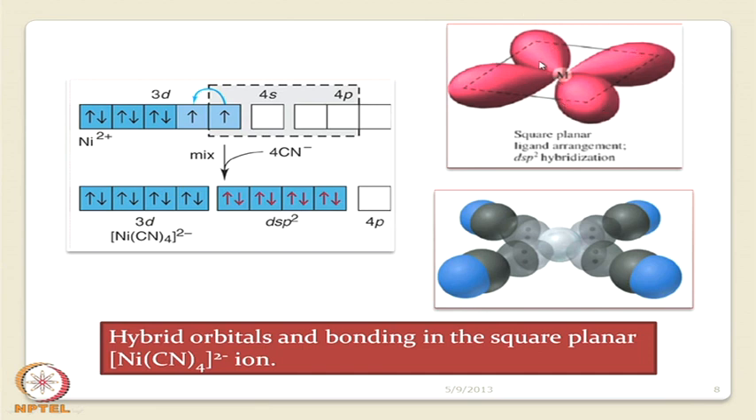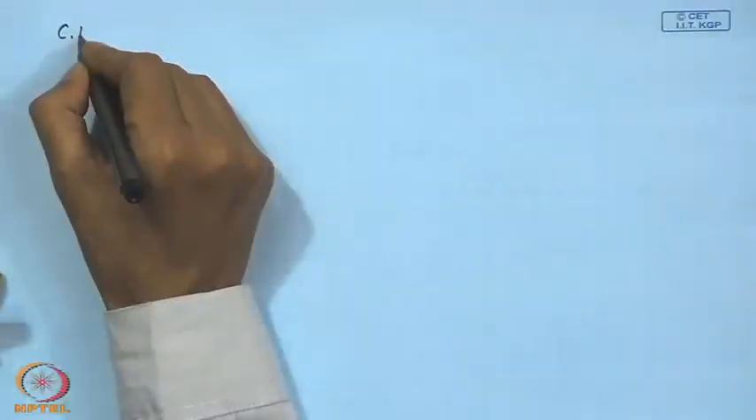So these are the 4 hybridized dsp2 orbitals which are pointed towards the 4 corners of a regular square, and they are next overlapping with the corresponding CN minus groups to give rise to the corresponding tetracyanonickelate molecule. So this is the state for the 4 coordinate molecules like tetrahedral and square planar,